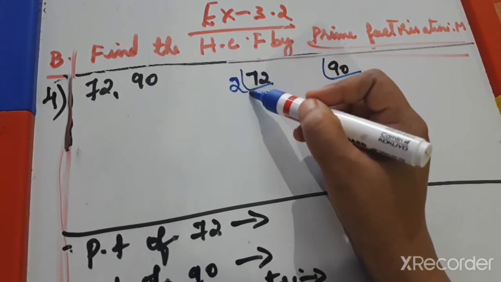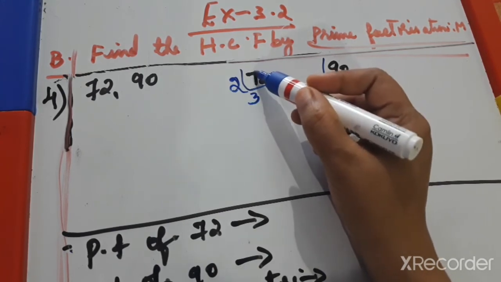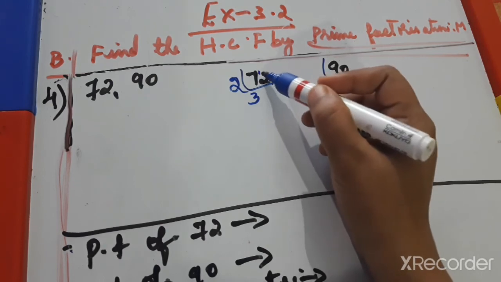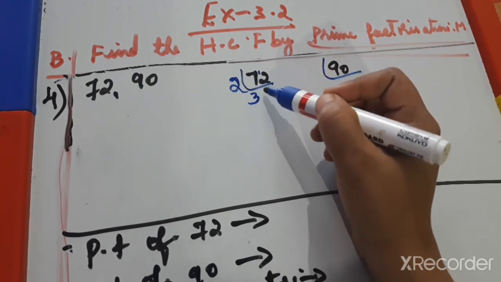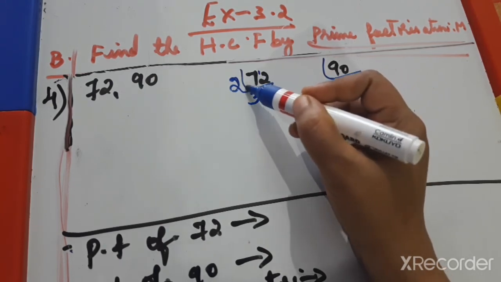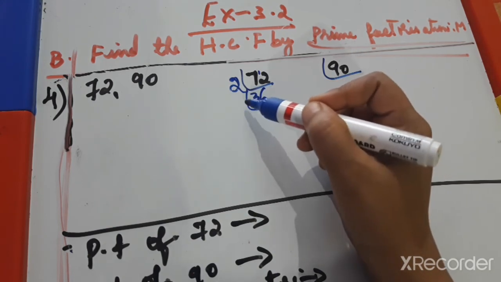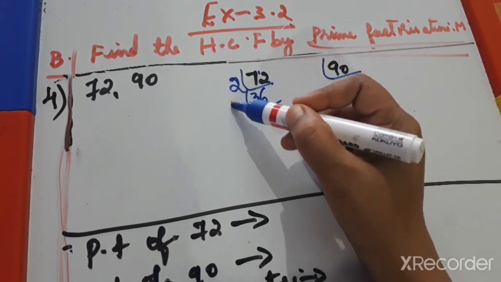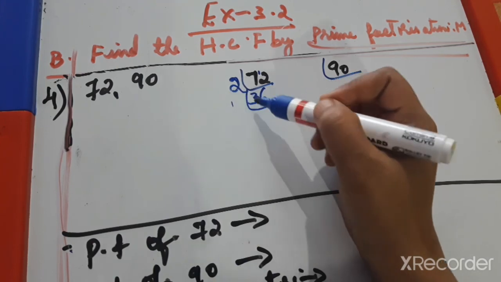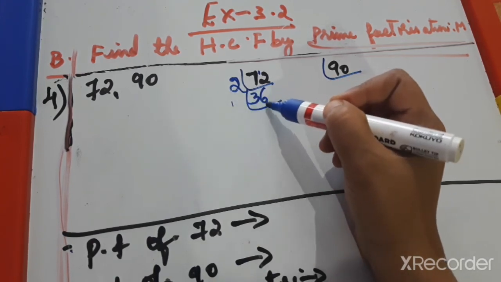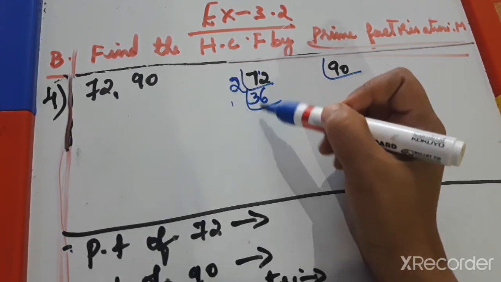Nearer to 7 is 2 3s are 6, with 1 remainder, so together it is 12. 2 6s are 12, and 36. We could use the 12 times table, but we can't take 12 outside. We want only a prime number. Again we can try 36 with the 3 times table or the 2 times table.